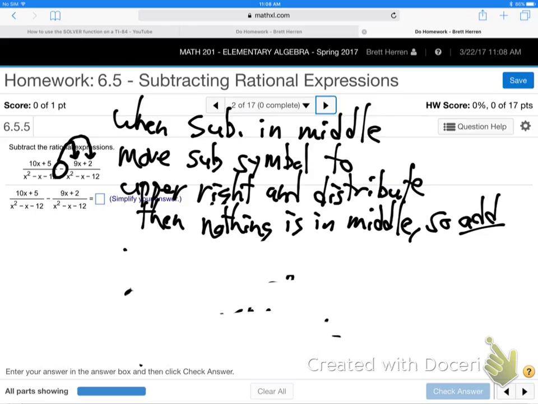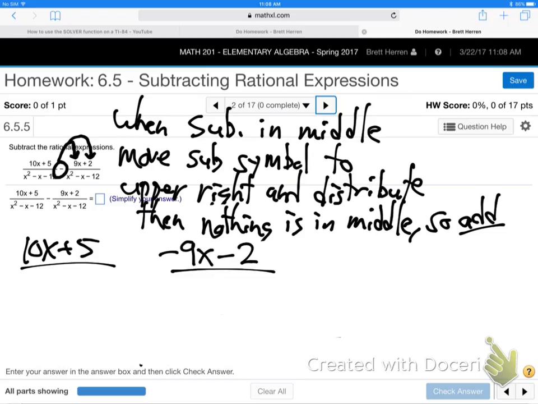So I just let it go everywhere on the top, and it has to hit all the terms. So what does that mean? The first fraction, I'm not going to change at all. But the second fraction, I'm going to let the minus go minus 9x minus 2. Everybody tracking with me on that? Everybody see what happens? That minus sign that was in the middle hit both the 9x and the plus